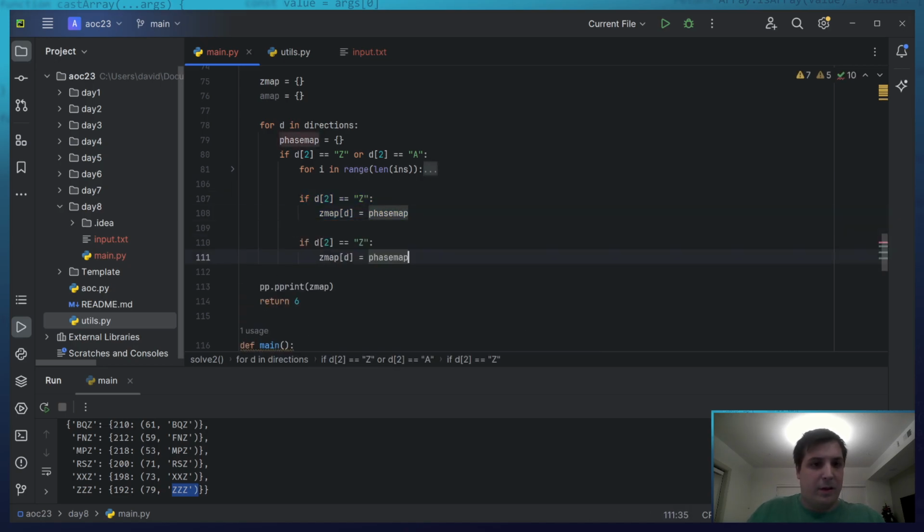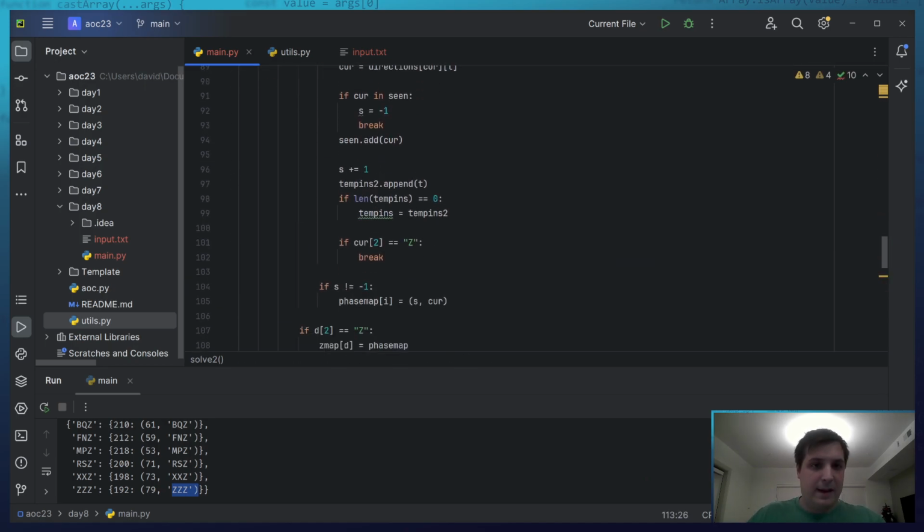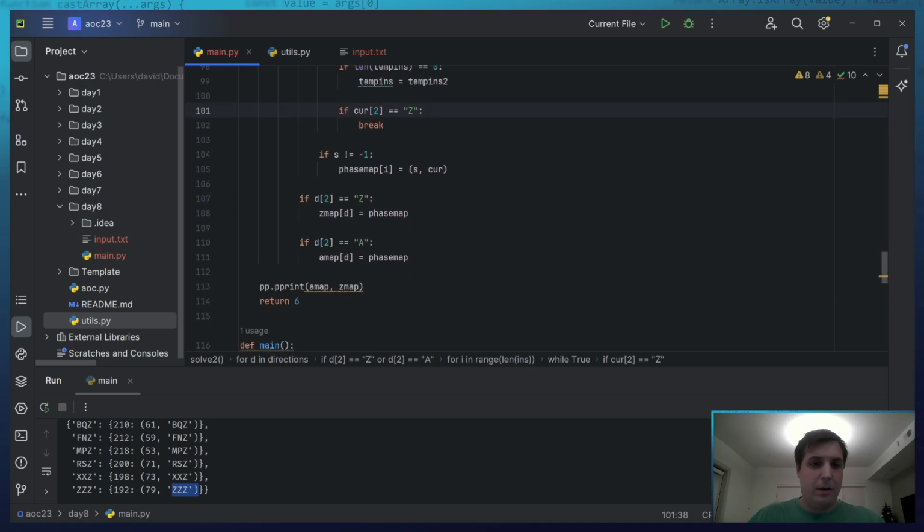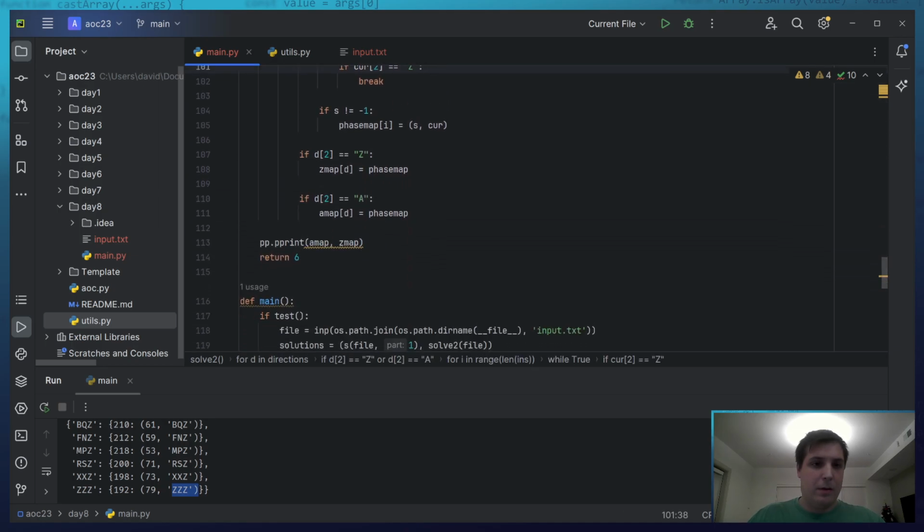Otherwise, I want to put it into the A map. In both cases, it's still looking for when the next Z is happening. Oh, pprint is not happy with that.